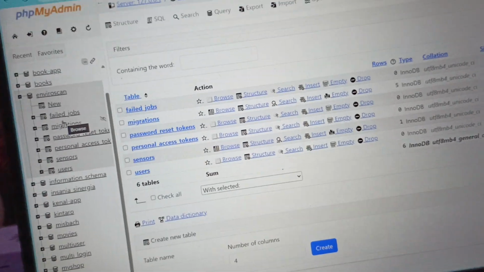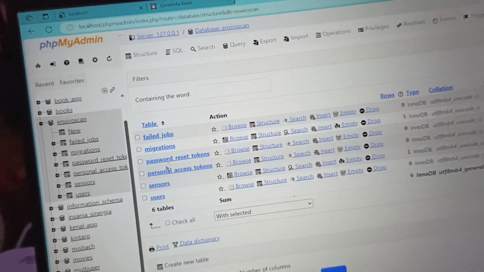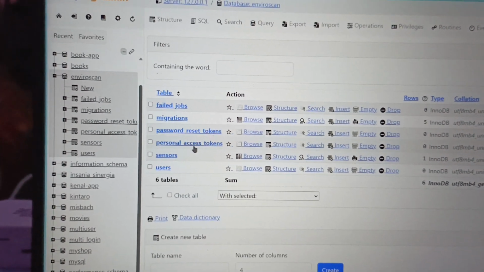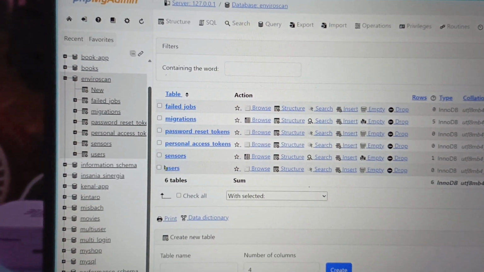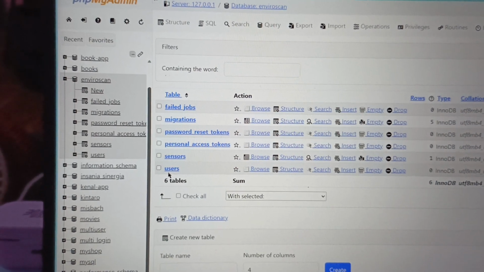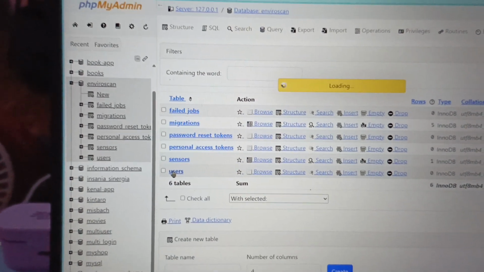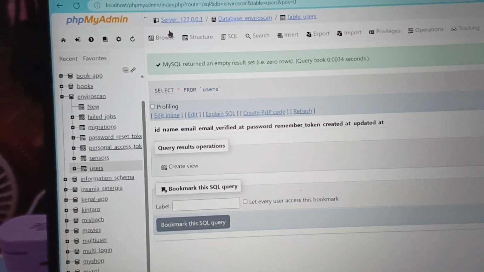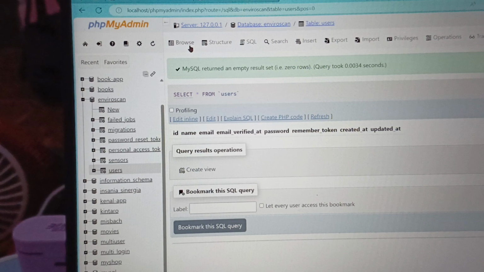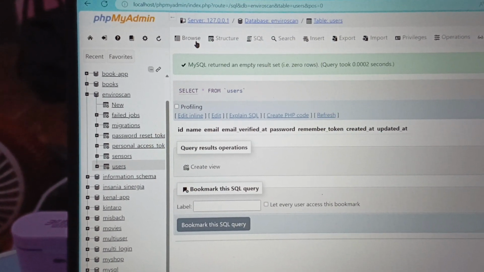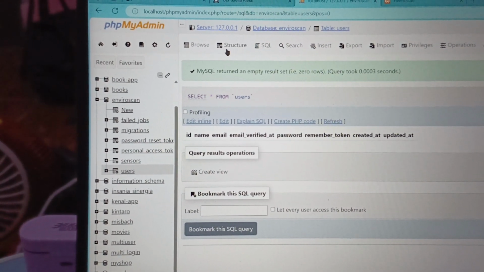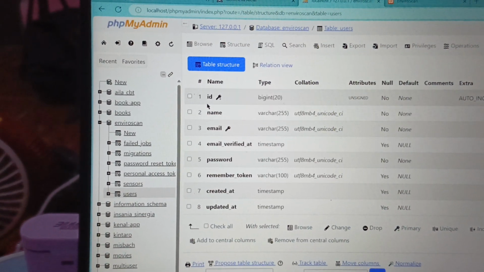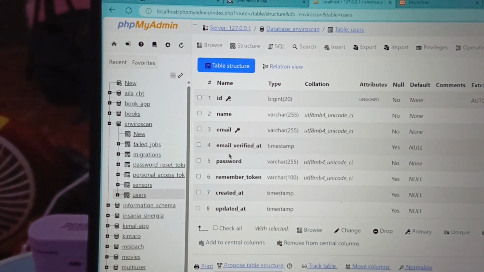Okay, you can see this database for Enviroscan. Okay, you can see in this user, Browse. Okay, this ID, name, email, password.